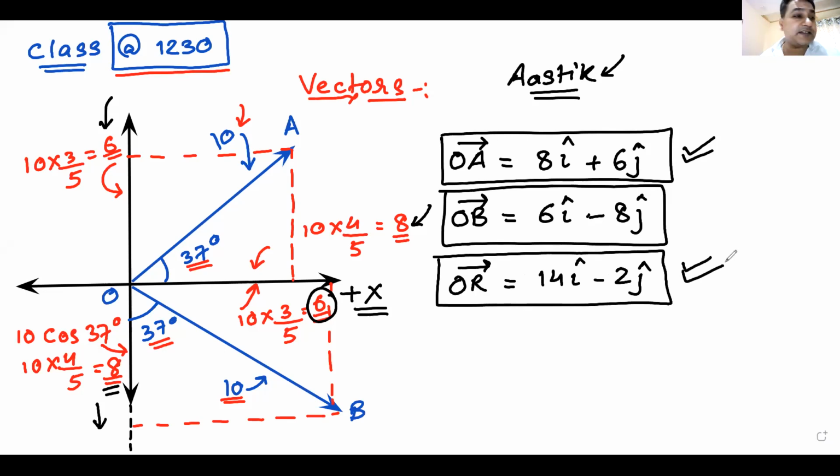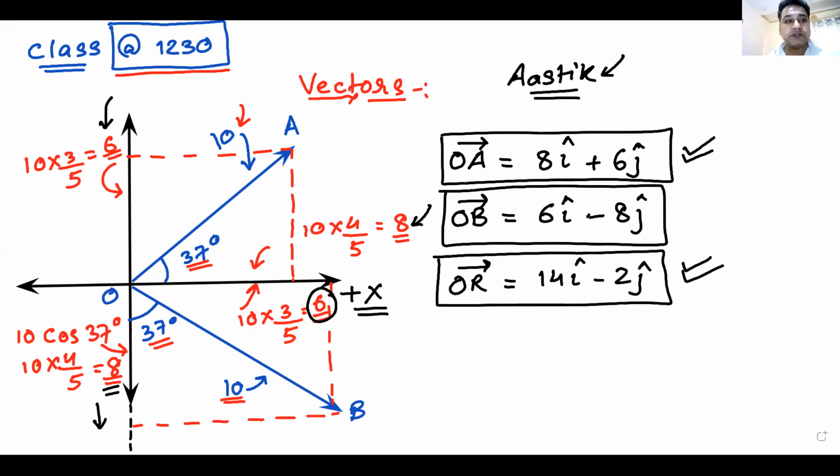Yes, Sai Santosh, I got some answers. I got some solutions as well. They were very correct. 14i minus 2j is the final answer. How many of you got this answer? Can you raise hands? Okay, yes, Vijay also got this answer. Only seven participants got the answer. 10, 12, okay.